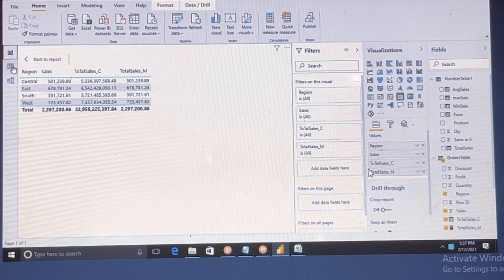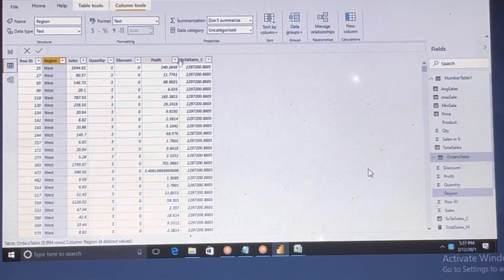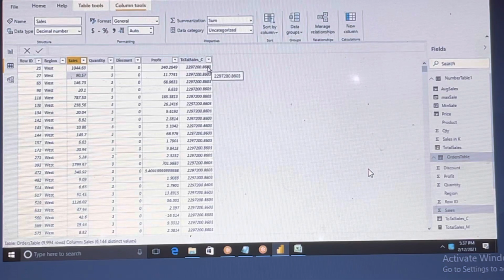So now you will get the question: when do we have to use a new column and when do we have to use a measure? Okay, now I will tell you that. See, if you want to do row level calculations, then you will go with a new column.